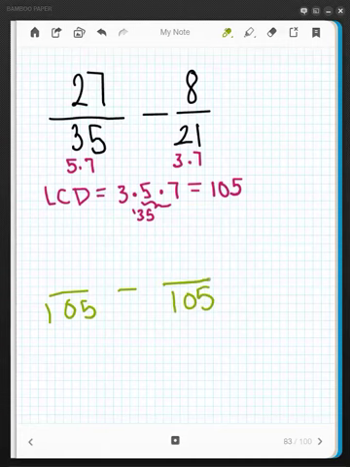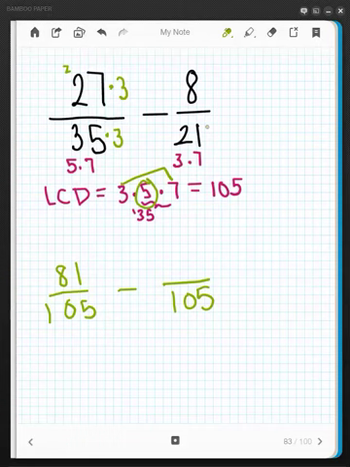And now I have to ask myself, what times 35 will give me 105? Well, remember, I don't have to work hard. Here's 35, so it gets multiplied by 3. So 3 times 27. So 3 times 7 is 21, so there's the 1, carry the 2. 6 plus 2, which is 8. Now here we go, 3 and 7, that's those two numbers, so what's missing is the 5. So times 5, so times 5. And 8 times 5 is 40. Remember that anytime you multiply an even number by 5, you're going to get a number that ends in 0. Now we subtract. 81